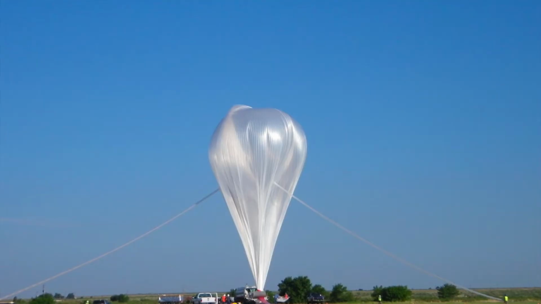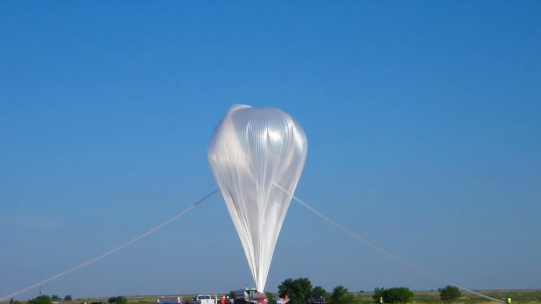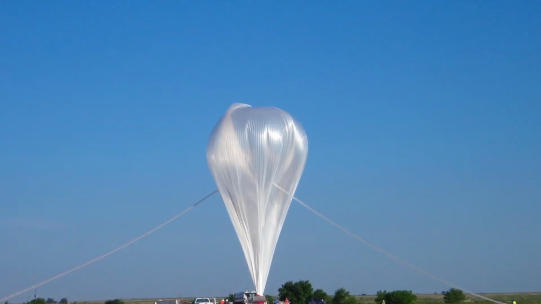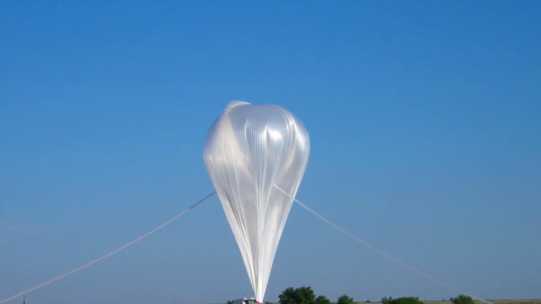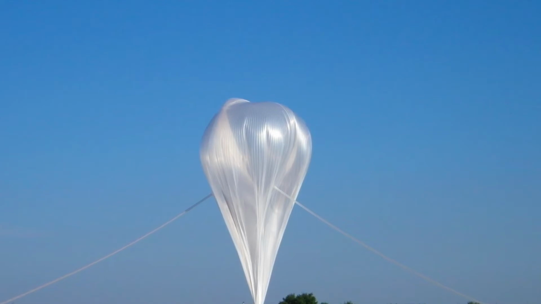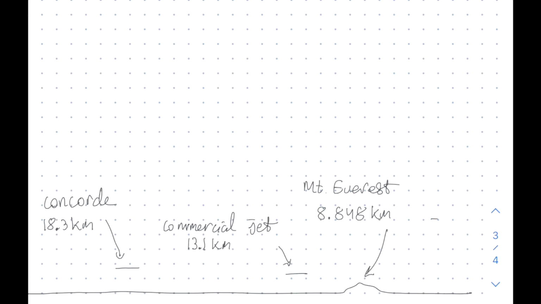It turns out that it's possible to make a balloon that flies much higher than an airplane. This is a picture of a NASA Big 60 balloon. This balloon, when it's fully inflated at altitude, becomes the size of not a football field, but a football stadium. It's absolutely a gigantic balloon, and it can fly to an altitude of almost 50 kilometers. Actually, the world record for a balloon flight was set by a Japanese team who managed to fly their balloon to 53 kilometers in height.